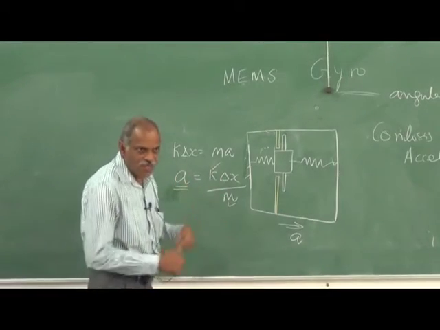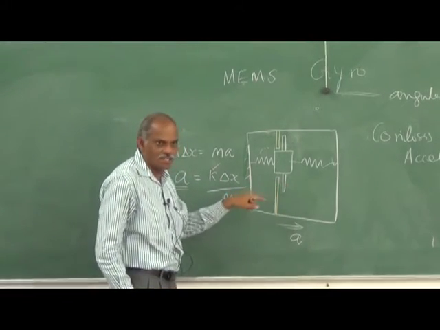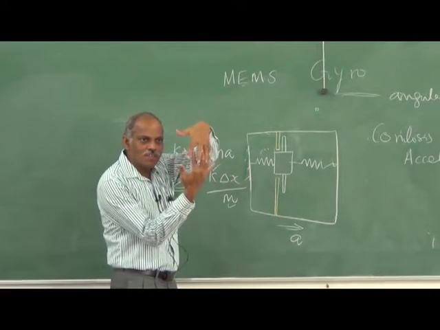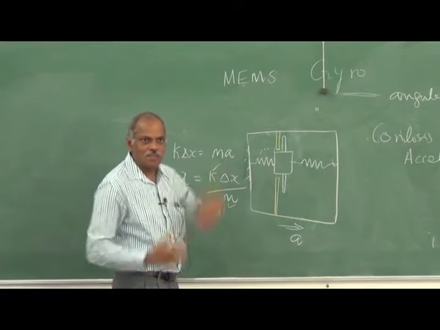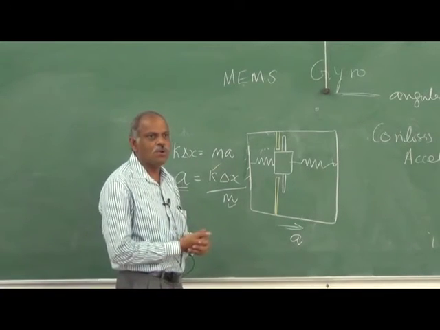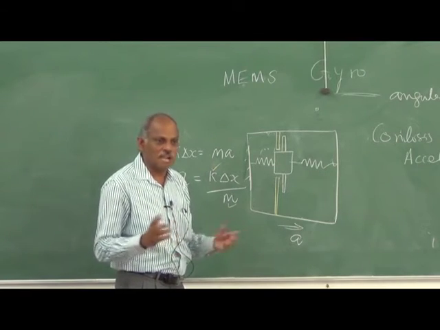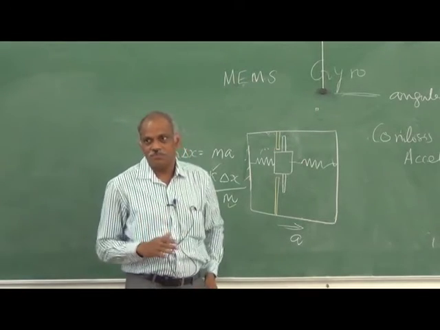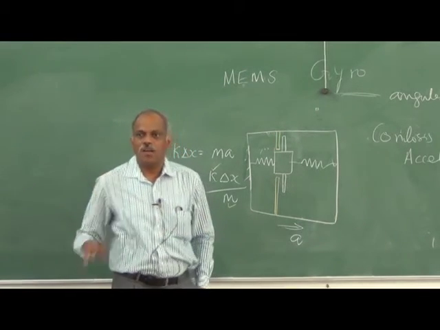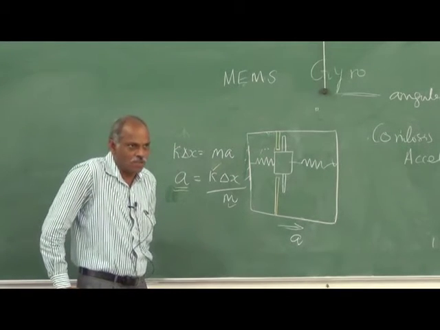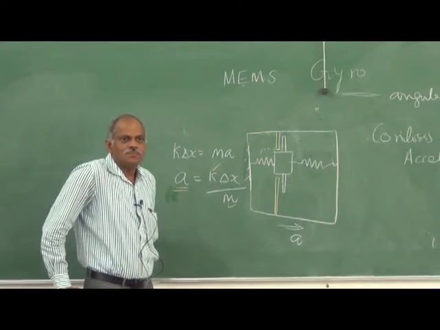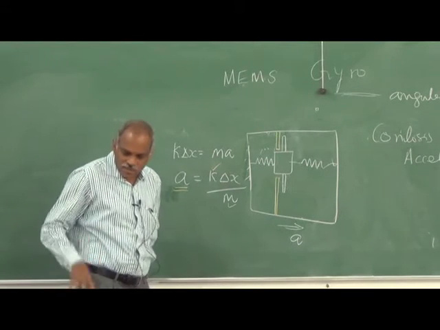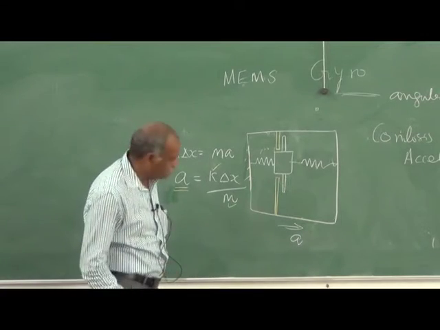So to increase the sensitivity, instead of having one finger like this, you will have multiple fingers like a comb. So a number of capacitors in parallel will be in use. That is what is called the MEMS accelerometer. You have accelerometers to measure the acceleration. If you have this arrangement, it is called a MEMS accelerometer. We have devices which are called MEMS accelerometers. There are 3-axis accelerometers also. That is the way it is used.